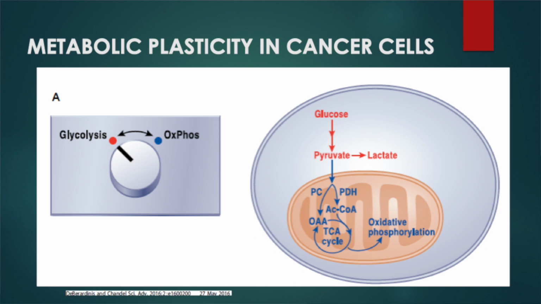As an example, we will take one enzyme, PKM2. Pyruvate kinase M2 is abbreviated as PKM2, and it is a very important enzyme for cancer cells. How is it important? Pyruvate kinase, as you know, converts phosphoenolpyruvate to pyruvate, which is the penultimate step in the glycolytic process. Pyruvate is then converted to lactate by lactate dehydrogenase, as I already mentioned. The conversion of phosphoenolpyruvate to pyruvate is carried out by the enzyme pyruvate kinase. This pyruvate kinase has two isoforms, PKM1, or pyruvate kinase M1, and pyruvate kinase M2.